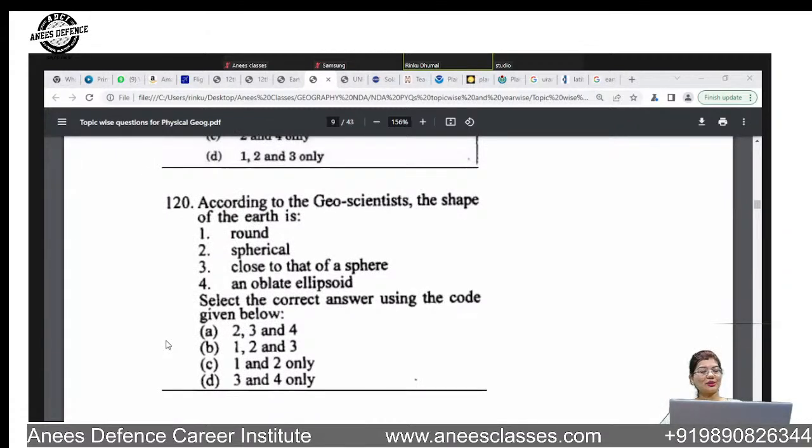According to geoscientists, the shape of the earth is round, spherical, close to that of a sphere or an oblate ellipsoid. चल यार, 4 तो होना चाहिए, है ना? तो वी आर सेइंग ये वाला ऑप्शन या ये वाला ऑप्शन डेफिनेटली कंसिडर करें. ओके,